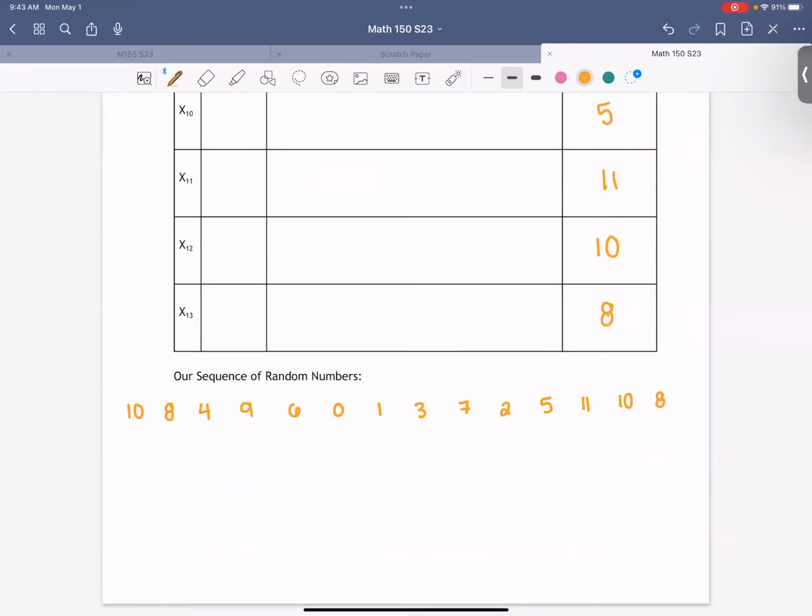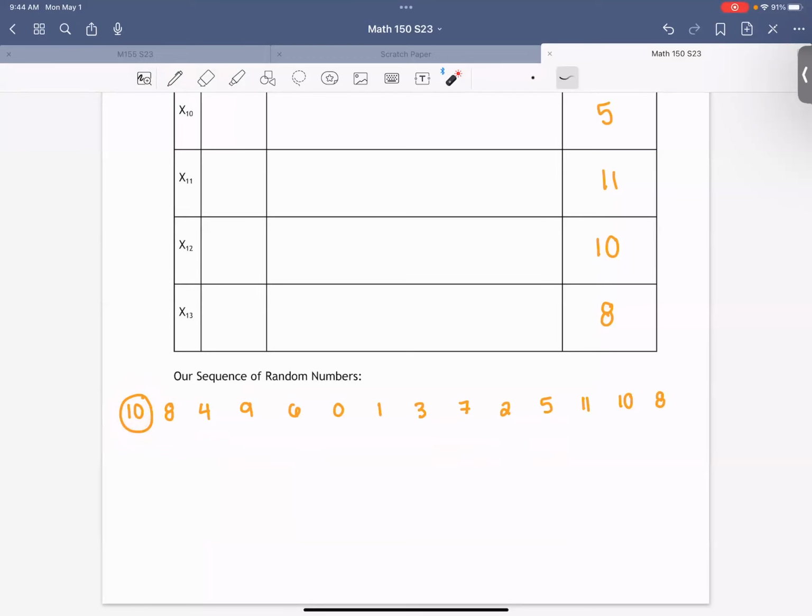The last thing that I want to talk about is the seed. 10 is the number that we started with, and it determined the rest of the sequence. What a lot of mathematicians will do out in real life when they want to create random numbers is, when it is about to repeat, they'll change the seed to maybe 12 or 3 or something like that. So then maybe it repeats, but it's repeating in a different sequence. So by changing the seed, you can actually get a different sequence of numbers, if that makes sense.